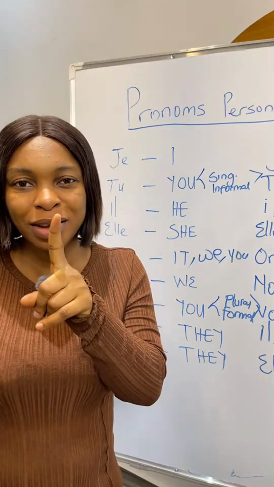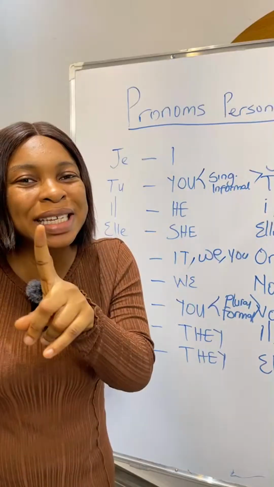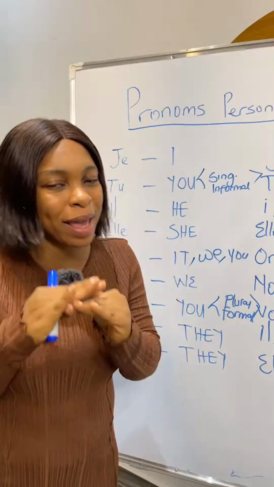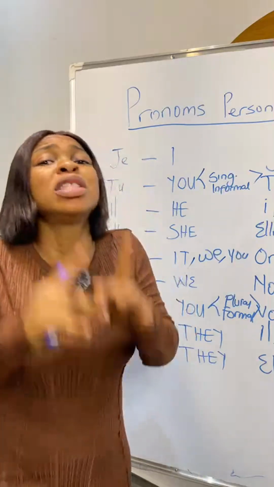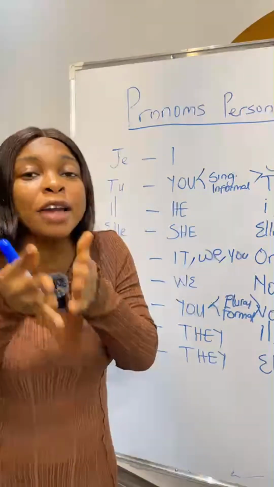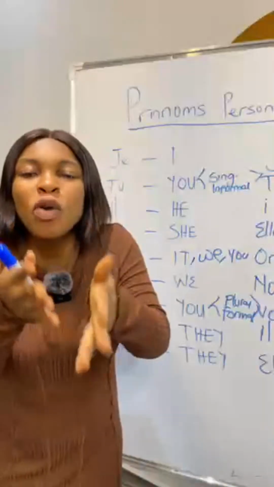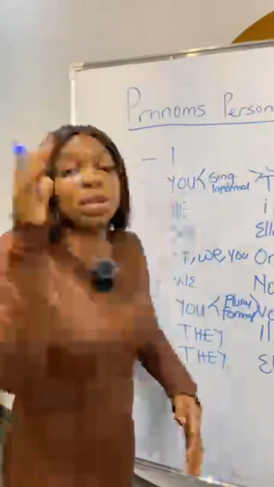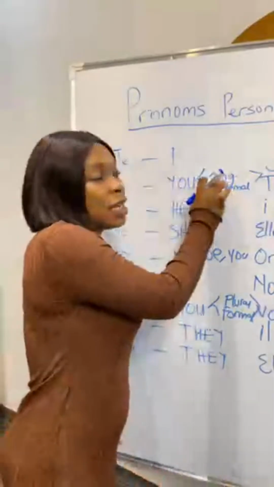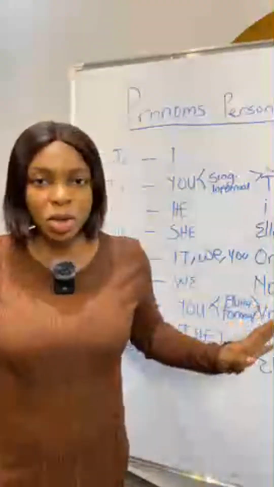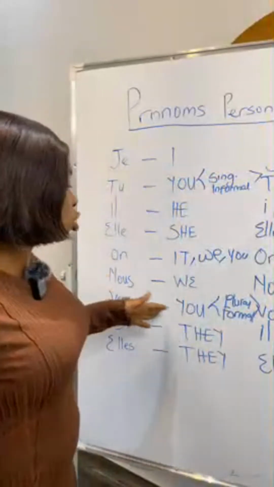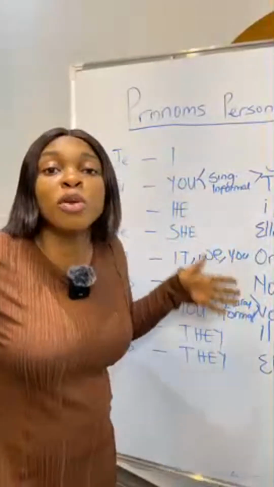You can use vous for one person, but that one person has to be someone older than you. That's one person in a formal way. Do you get it? Or you can use it for two persons. For example, I was talking about you and your friend. I can't use tu for you and your friend. Why? Because tu is singular, but vous is plural. So don't get it mixed up. It's simple. Tu is you as singular and also informal. Then vous is you as plural and also used formally.